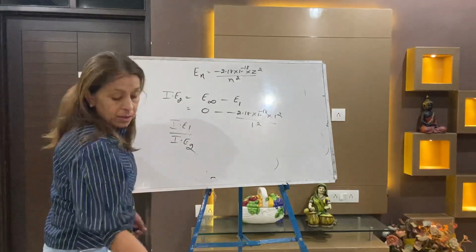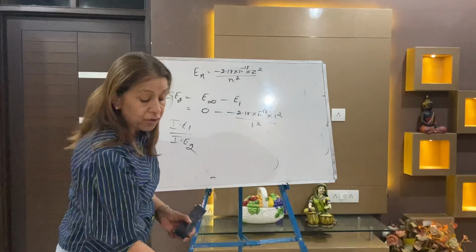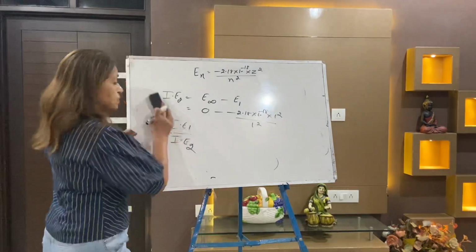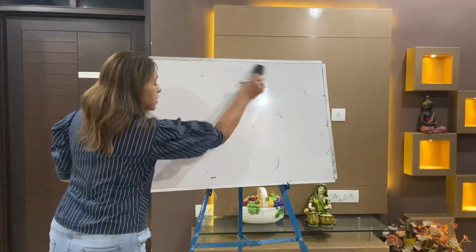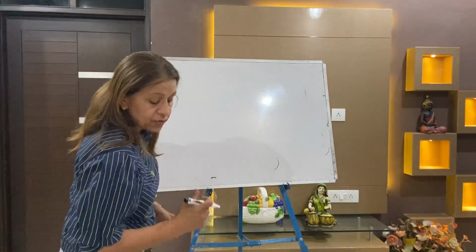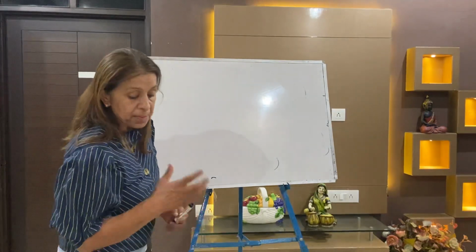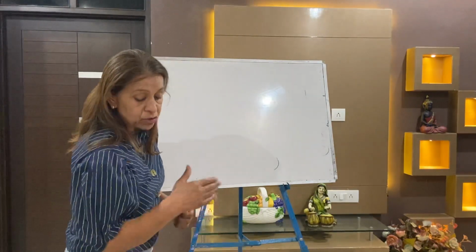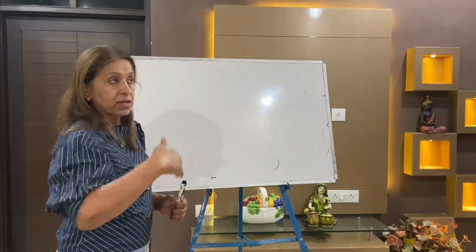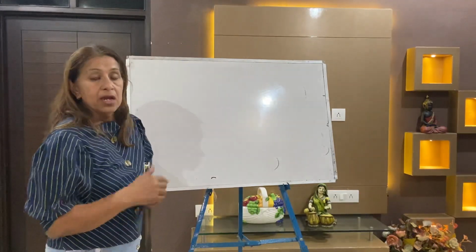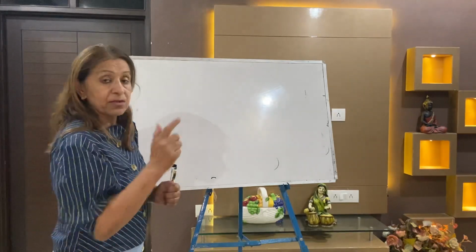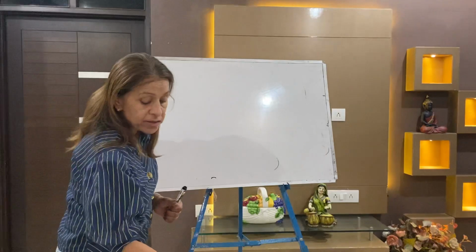Very simple. Now I'm taking your numerical number 13, 14 completed. Now your numerical number is 15. All these numericals are related with the Bohr's model. The question is 15. How many lines emitted when electron jumps from n is equal to 6 to ground state? In the previous lecture, I made the diagram where there is a lot of spectral lines. They were talking about those lines. N is equal to 6.